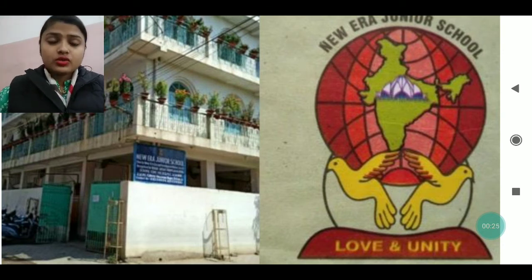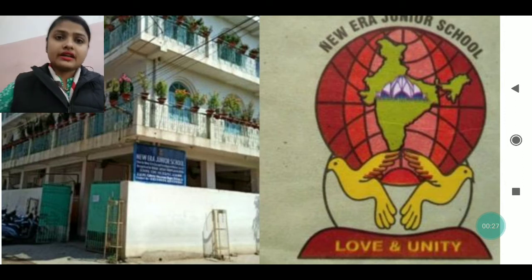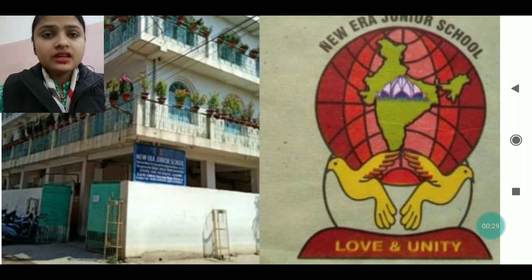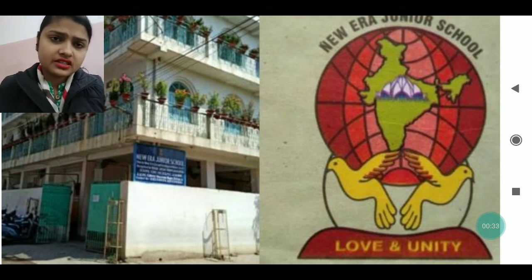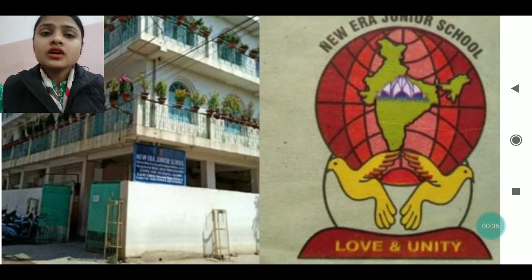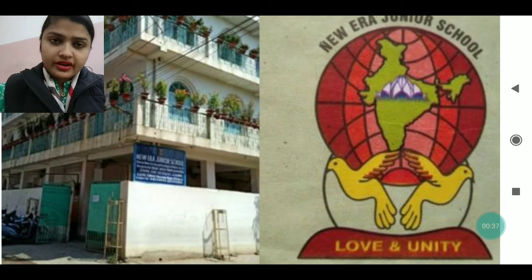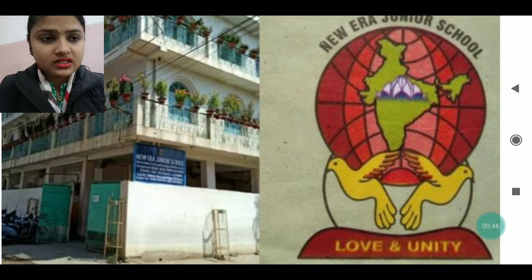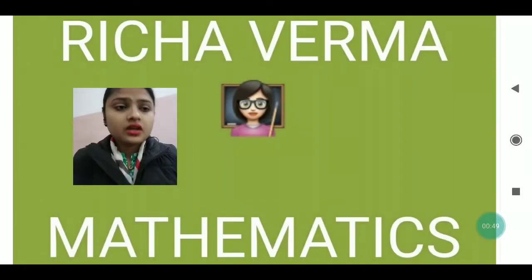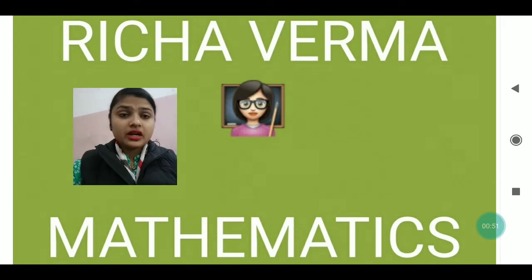Now, students, today, as we have already started and we have already done two, or I think three, exercises of this chapter. Addition of measures we have already talked about, and subtraction of measurement also. Today we are going to discuss the next topic. So let's see what the next topic is. Today we are going to discuss the multiplication of